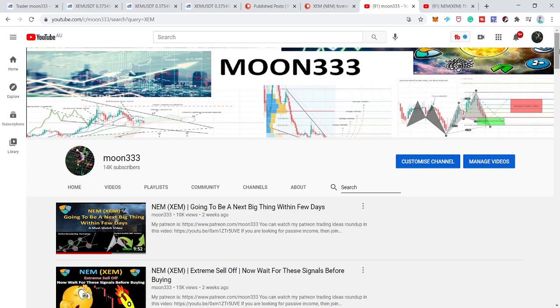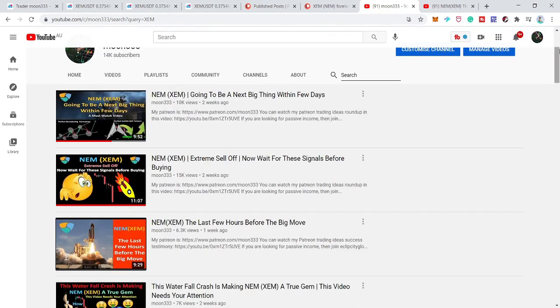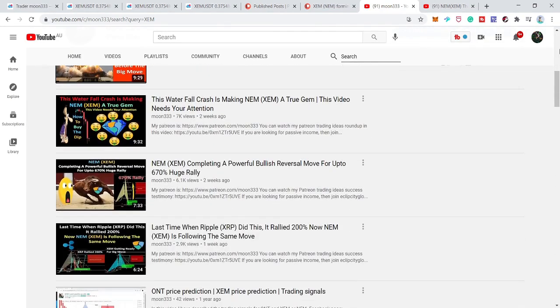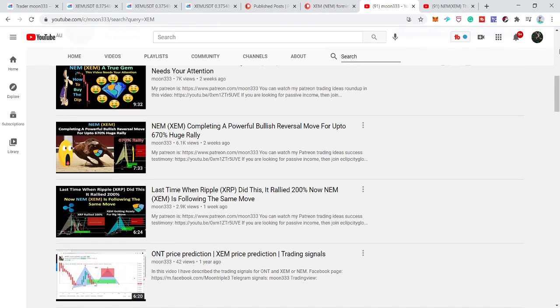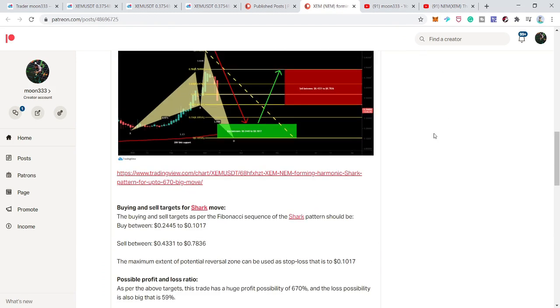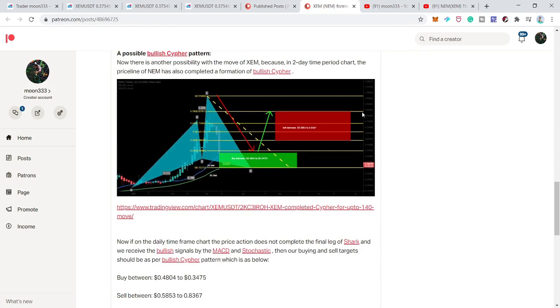Almost 2 weeks ago, I shared a complete buying plan for XEM coin when there was a really drastic crash, and I told you that the price action is likely to complete a cipher move or a shark move as well. To identify whether the price action is going to form a cipher move or shark, I used some set of indicators. And I also shared a complete article here at the Patreon as well with the complete